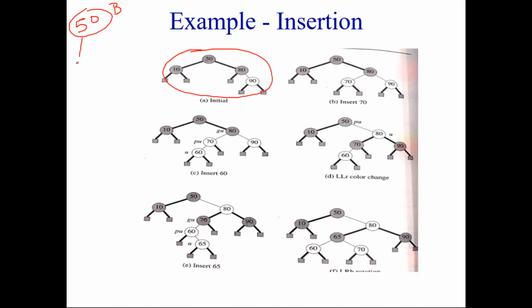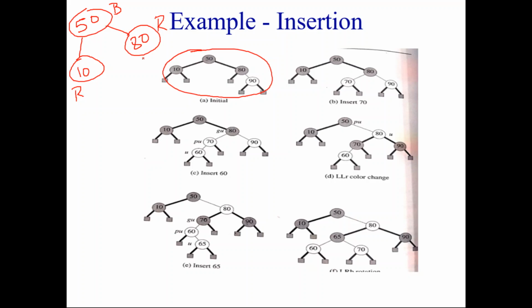Now when you add 10, 10 will be added in red color. Here it is not shown as red, I'll come to that, later the color will change. Then when you add 80, it will also be added as red, because whenever you add a new node, it should be added as red. So 10 is added as red and it will check, is it violating any principle? Is 10's parent red? No, it's not red, so it's not violating. 80's color is also red. Again, after 80 you have to check whether 80's parent is also red. No, it's not red, so it's not violating. Fine.